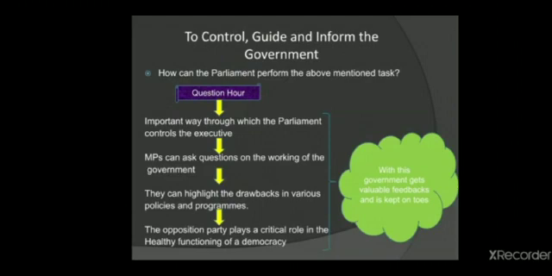MPs can ask questions on the working of the government. So see, they are controlling. Controlling means they can ask questions on the working of the government. This is how they are controlling, and they can highlight the drawbacks in various policies and programs. If any law is passed and the opposition party goes through it, and if they find any fault in that, they have the right to raise questions, they have the right to raise the drawbacks of that policy. This is a kind of guidance for the government. This is how they provide guidance, that there are some flaws which need to be